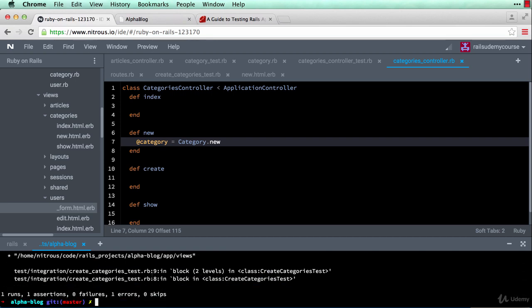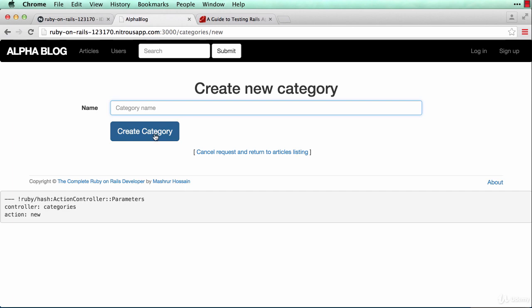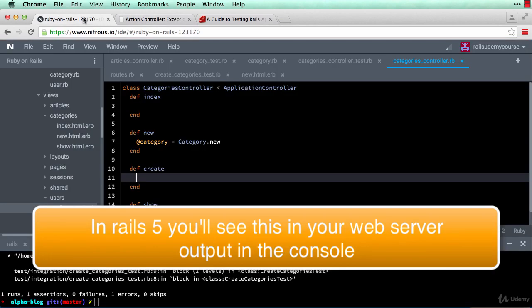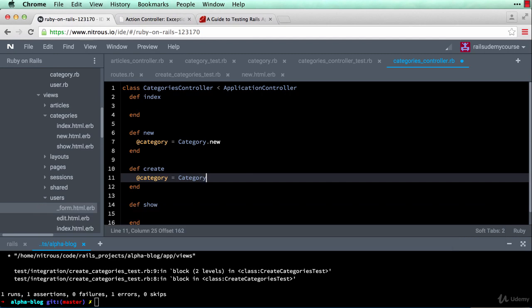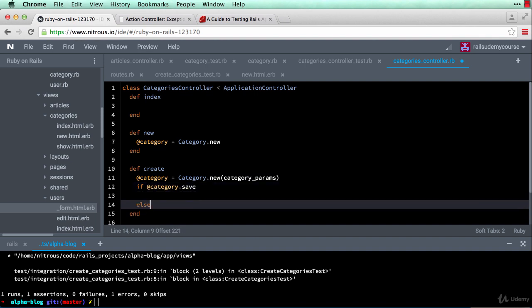All right. Anyway, back here we have the same error. So let's handle the form submission. Over here, let me enter in nothing. Create category. Missing template categories create. So in our create action, @category equals Category.new, and then remember we have to whitelist name, so we're going to need a private method. We're going to call it category_params, and then if @category.save, then something else